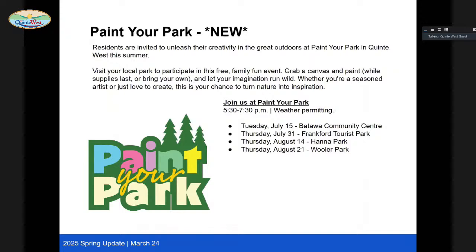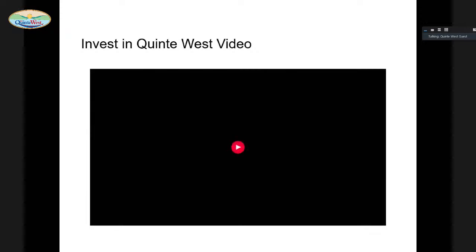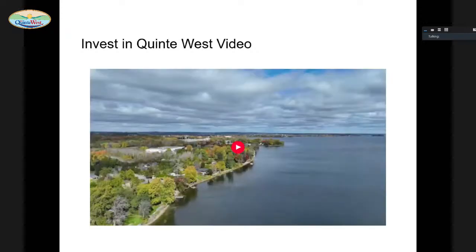So we look forward to visiting all 4 wards, and we've intentionally chosen some alternative locations by way of different parks that we're getting out to in order to give the community a new and diverse experience this year. And I look forward to reporting back. Turn it back over to the Economic Development team.